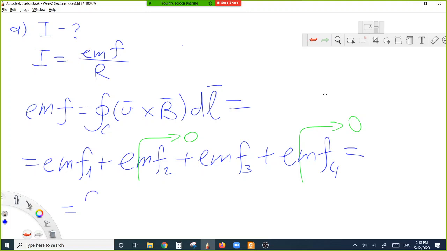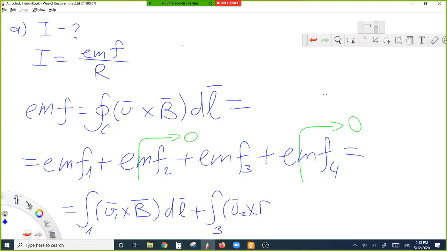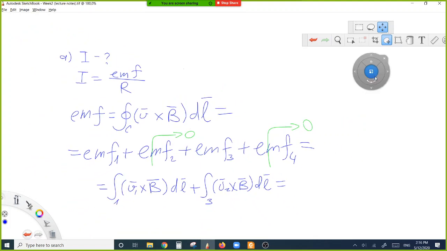And for electromotive force 1, we have the integral over the first part of V cross B, in this case V1 cross B dl, plus the integral over the third part, in this case V2 cross B dl, and this everything equals to